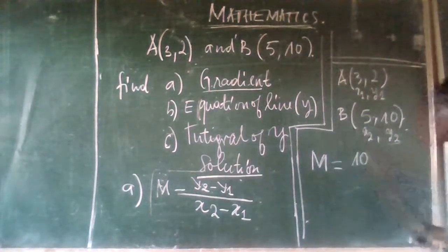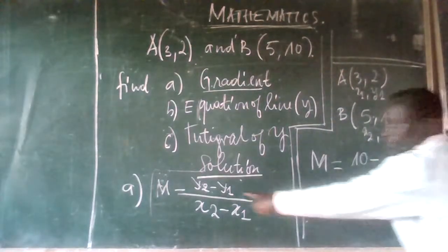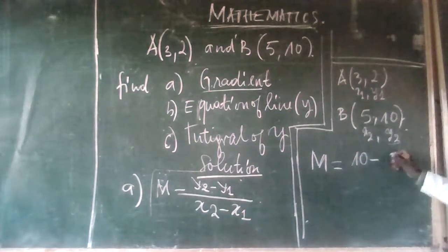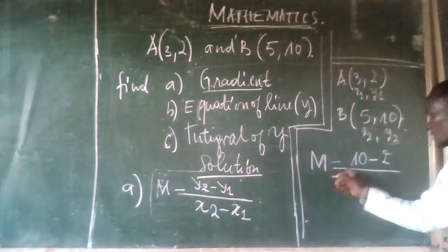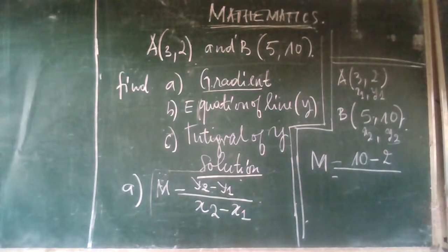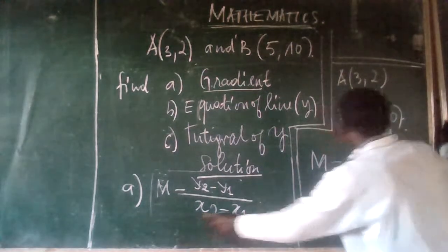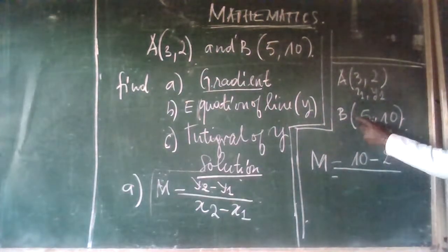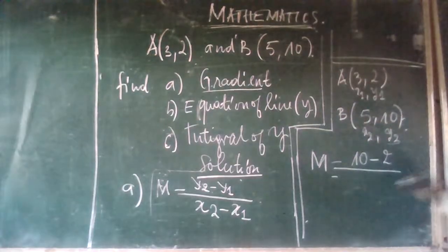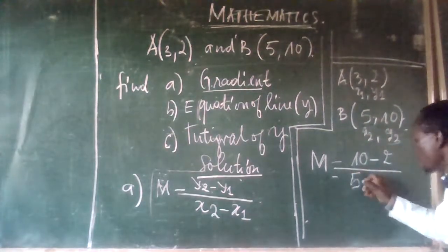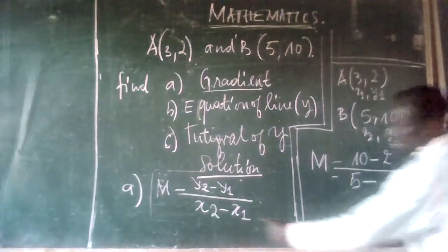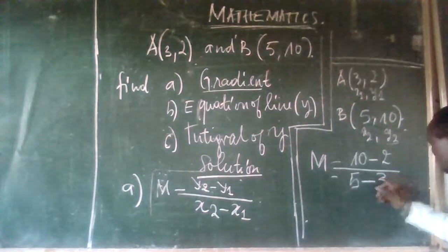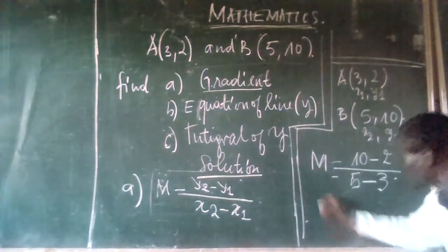It is 10 minus, how is y1? You see in the formula, y1 is this number 2. Over, how is x2? X2 will be this 5. Are we together? Minus x1. How is x1? It is equal to 3. This is 3, right? So now our gradient, finally,